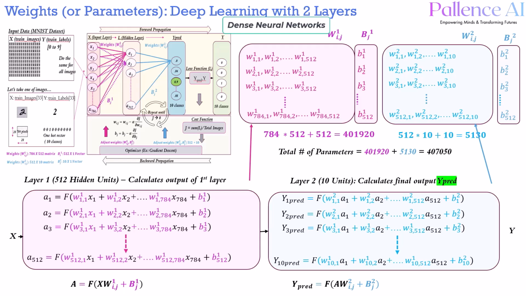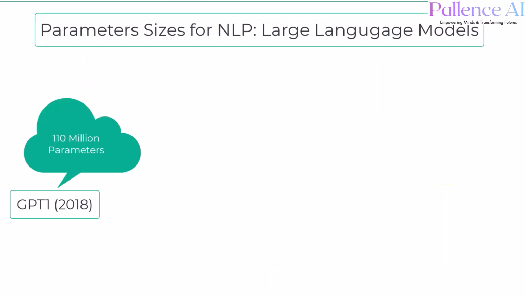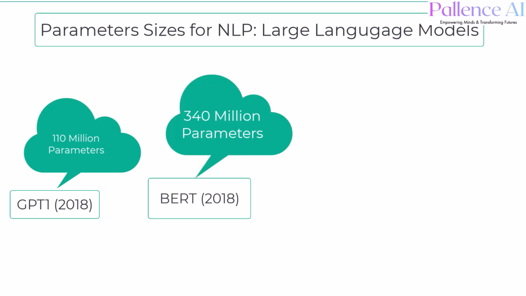So one of the earlier language models like GPT-1, that model was like a 110 million parameter model. Then came another natural language model, BERT, right? That was around a 340 million parameter model. And from then on, it was an arms race, right? It was a race between many different companies and research groups to come up with larger and larger AI models,